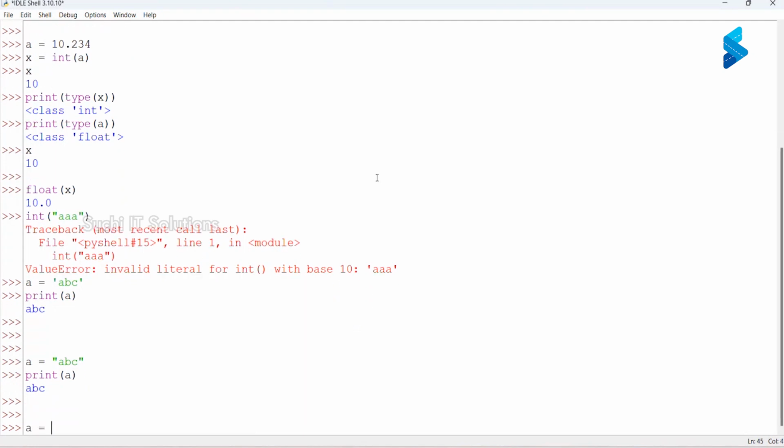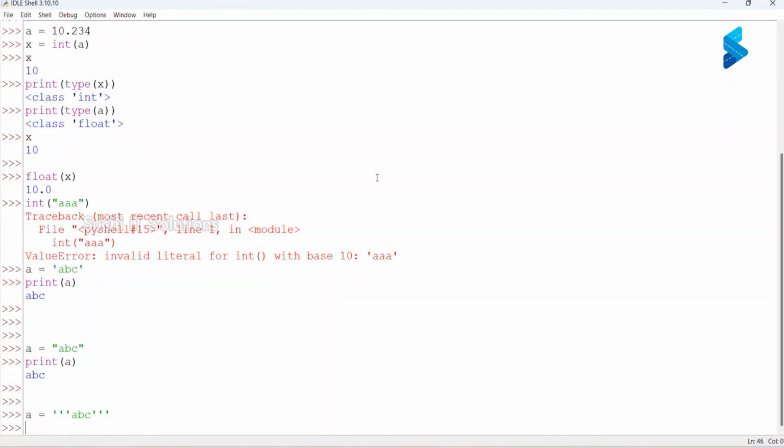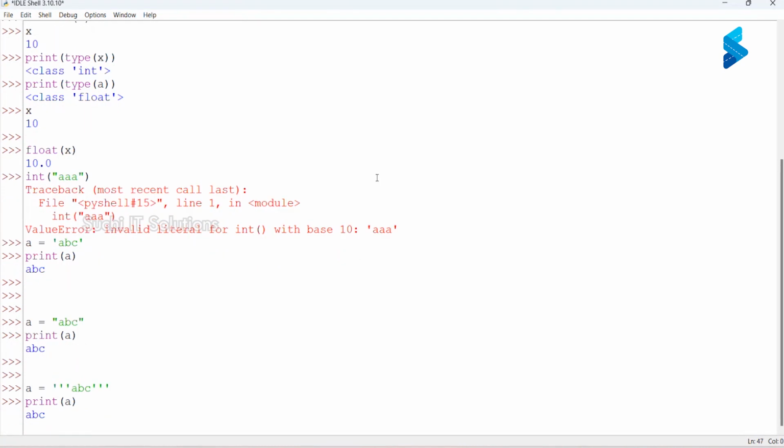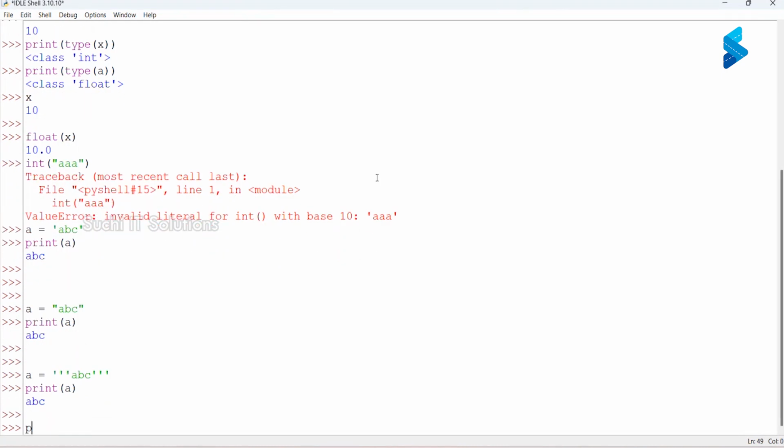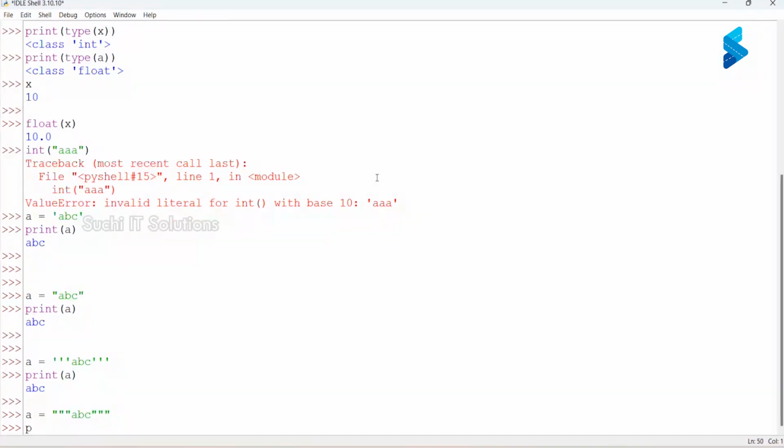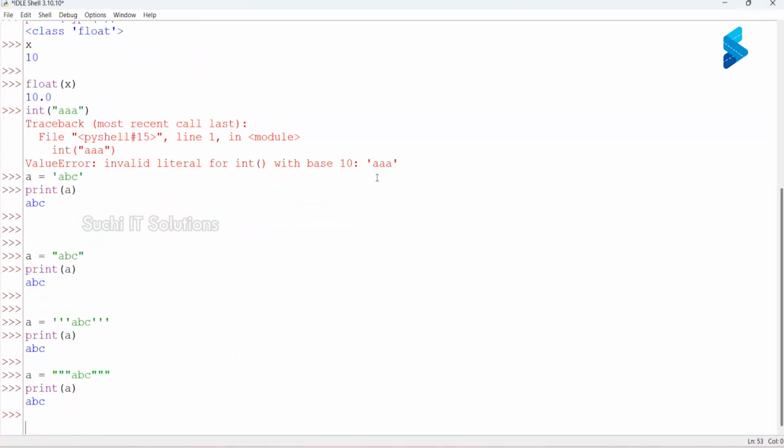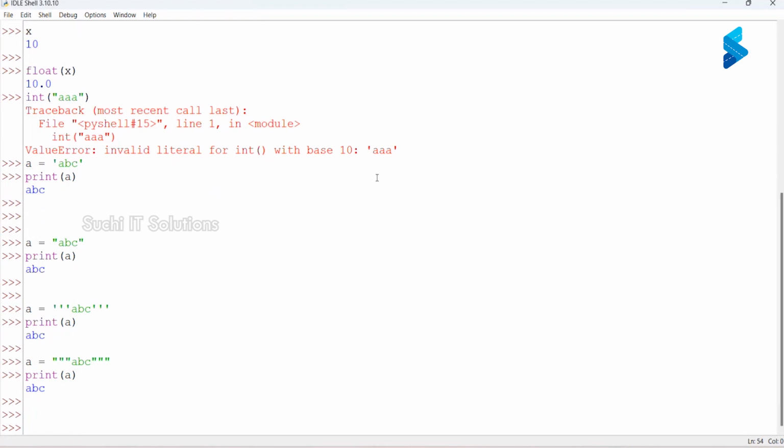I can also use a triple single quote. No problem. Or I can use a triple double quote. Are we clear? So you can use a single quote or a double quote or a triple single quote or a triple double quote. You can use any of these to create strings.